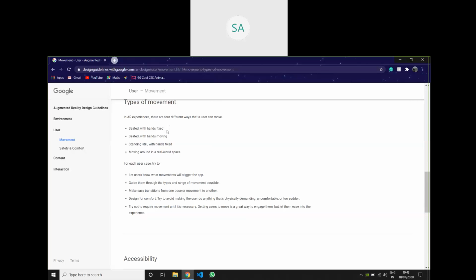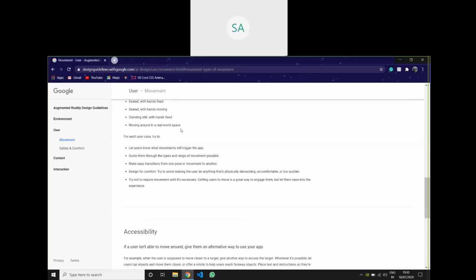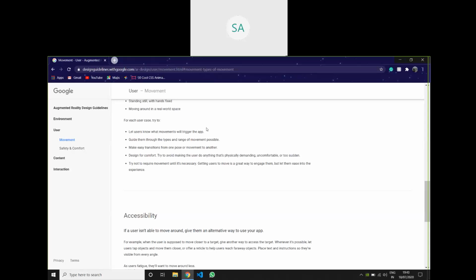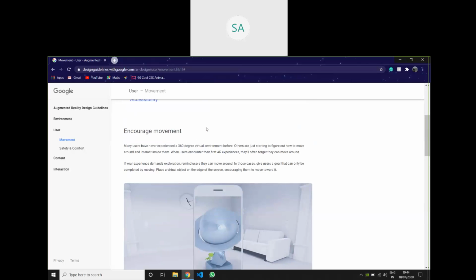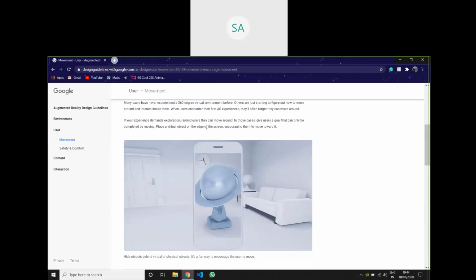And then we need to guide them. Basically, when you are building any app, you should consider the end user to be very naive. They don't know anything about AR. Keeping that in mind, you should build an app or any AR product so that they get every piece of information, every detail about what it is and what to do next.